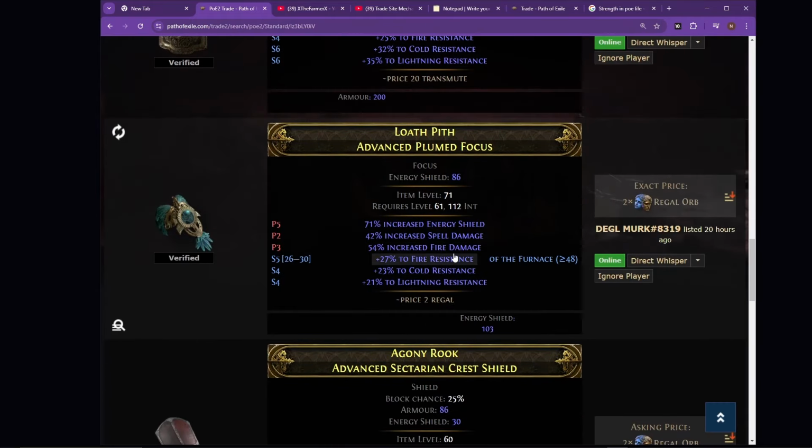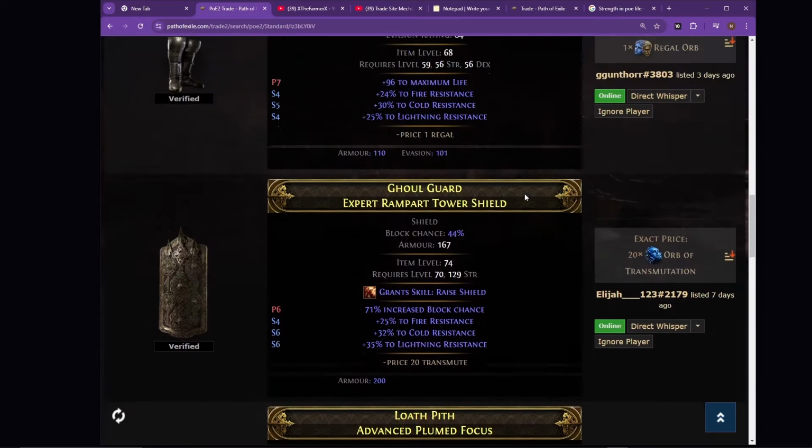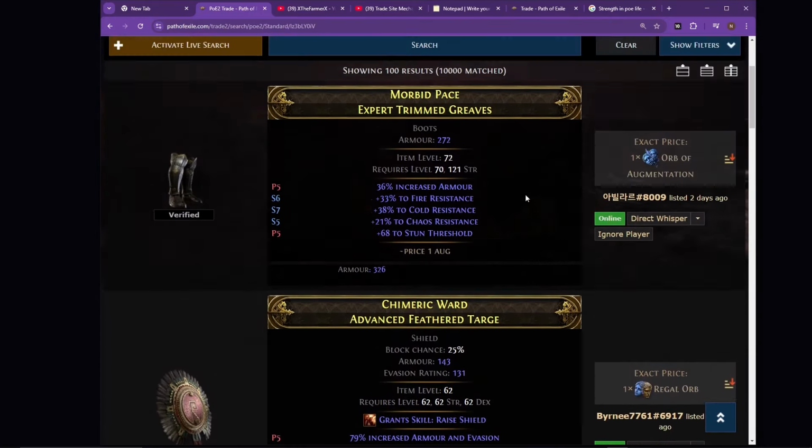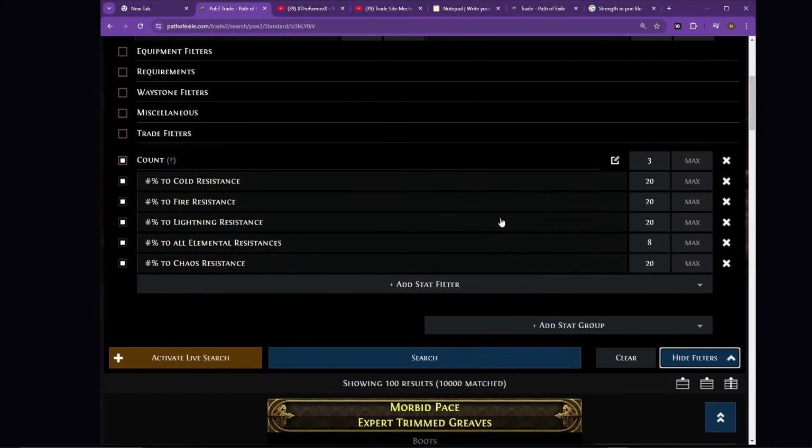Like, I was very happy and very content using this. I was getting all the items I needed and they're all pretty good. But we can do better than that. In fact, actually much better than that. Because this has limitations and it has problems, obviously. The problem with this